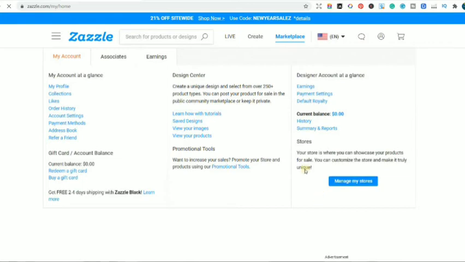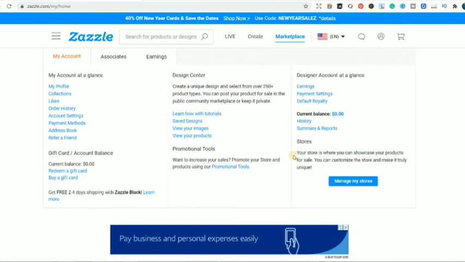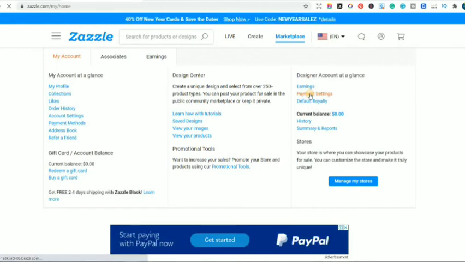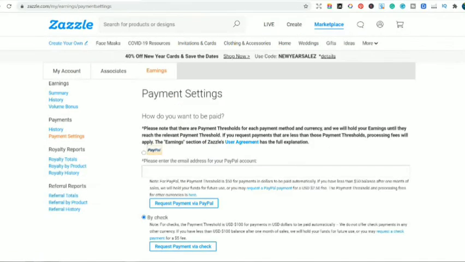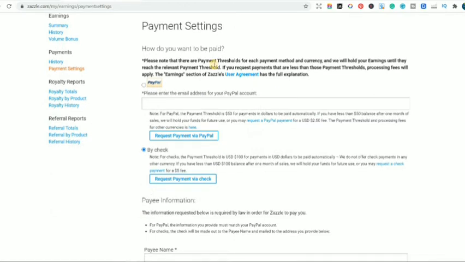So we have done with the store option, like we have completed opening up a shop and uploading our first product. Now we need to go further and set our payment settings, so that we ensure how we get paid via Jazzle when we make a purchase. So I'm just gonna go over to the payment settings. Guys, you can see very well the payment settings.